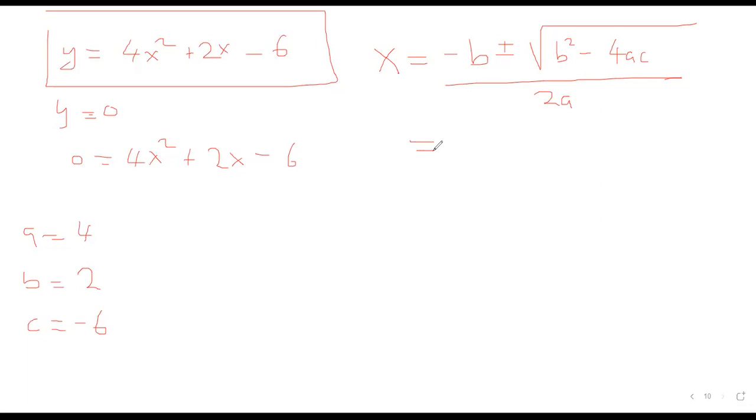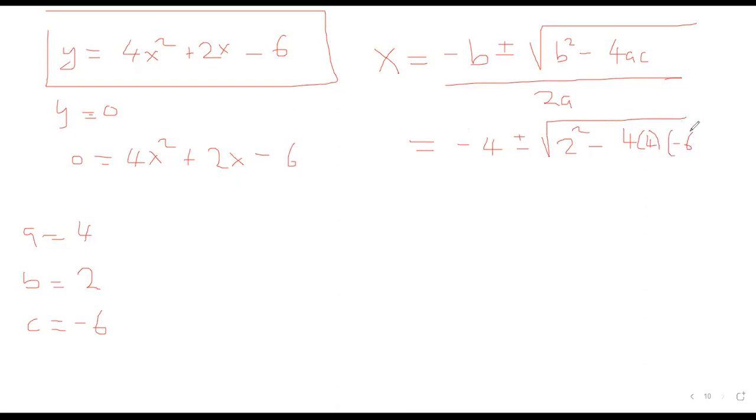So let's substitute. What do we put here? 2x, negative, 4 squared, or